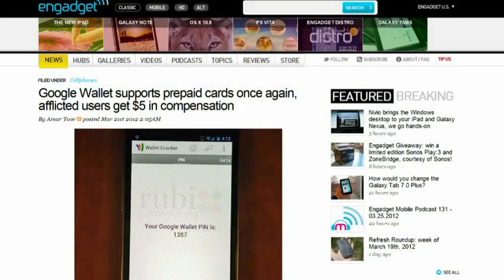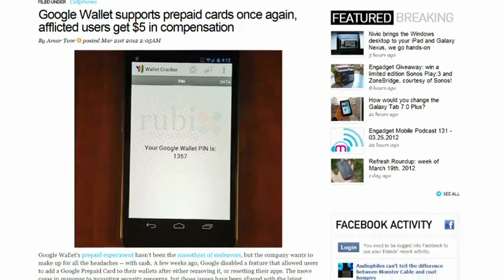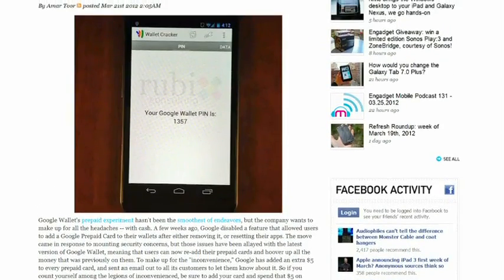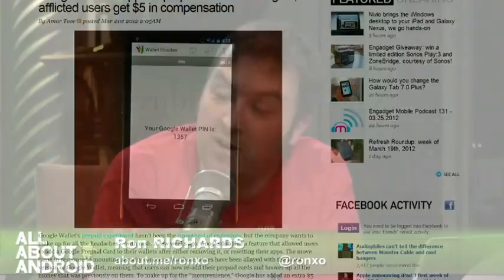So moving on, an update on Google Wallet Gate. You might recall a couple of weeks ago there were some problems with the Google Wallet initial test with prepaid cards. There was a little security leak, and Google had to shut down the support of prepaid cards. Well, that is now fixed, and prepaid cards are available again on Google Wallet. And to apologize to and reward the users that got affected, Google has given everyone an extra $5 on the prepaid Google Wallet card they initially had. So now they get the money on the prepaid card plus $5.